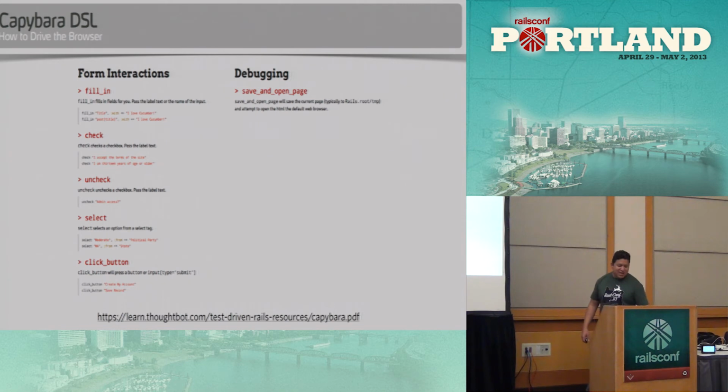There's also a very nice feature called Save and Open Page, where you can save the HTML markup at a specific point in time. There's also a little bit of trickery to actually take a screenshot of the application. So you can really automate your test to, oh, something broke, save the HTML so I can go and manually inspect it. Or everything seems to work fine, but how about the look and feel? So you can take a snapshot of the screen, and maybe somebody can manually look at that picture and be like, well, on IE7, whoever uses that anymore, everything looks horrible, which typically is the case.